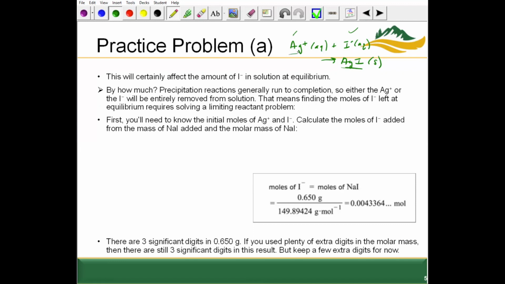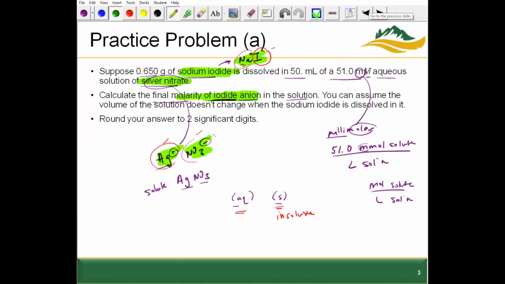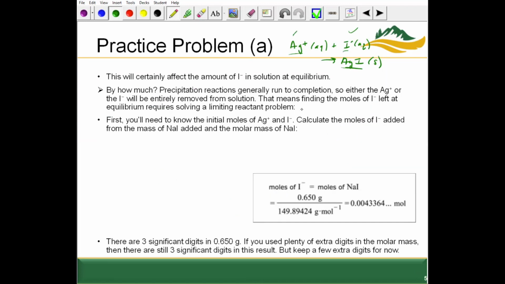So how much silver cation and I minus anion. And we know the silver plus is going to come from the aqueous solution of silver nitrate, and then the I minus comes from this sodium iodide. So as we're picturing the Ag plus and I minus coming together from two different sources to form this solid